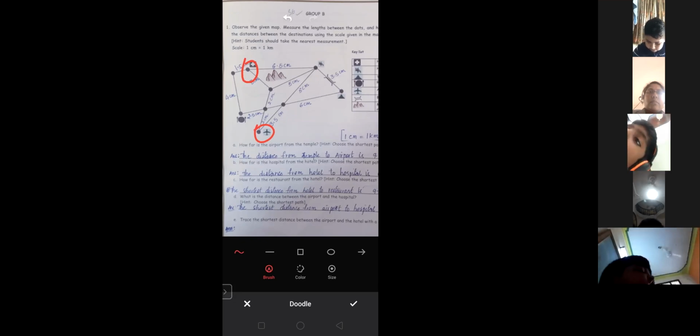The hint given is to choose only the shortest path, means the distance which is less, no? That one you have to choose. Which one is lesser here? If you choose this path, it becomes 3 centimeters plus 2 centimeters plus 2 centimeters, which is 7 centimeters actually. The actual distance is 7 kilometers.